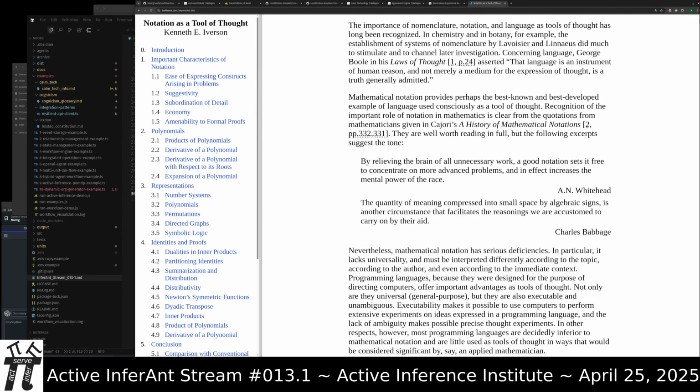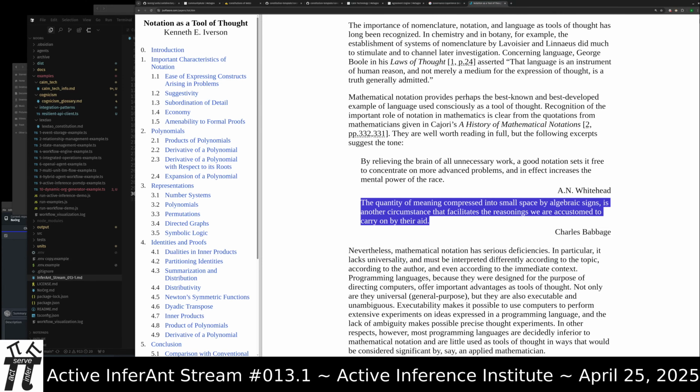By relieving the brain of all unnecessary work, a good notation sets it free to concentrate on more advanced problems and in effect increases the mental power of the race. A.N. Whitehead. And the quantity of meaning compressed into a small space by algebraic signs is another circumstance that facilitates the reasonings we are accustomed to carry on by their aid. How relevant.